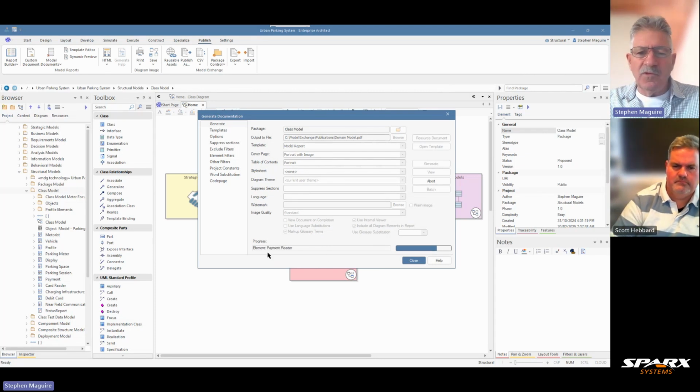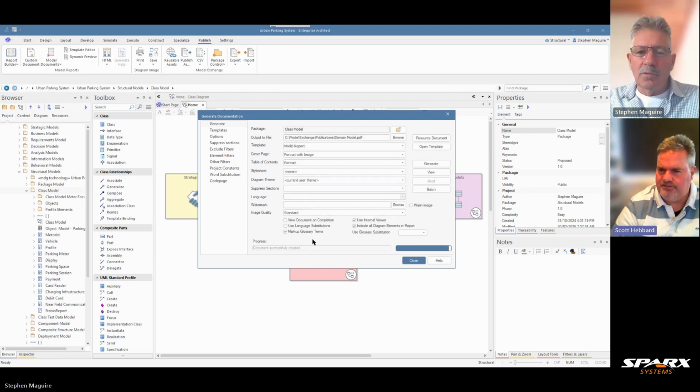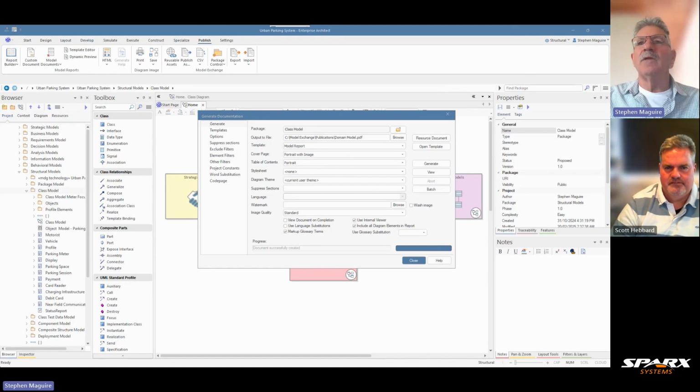The progress meters are showing you what elements it's up to as it works through. So it's doing a lot of work under the hood to generate everything out. Yeah, it's probably saving you 10 hours of work just in those few short seconds. Let's view that document. And again, it's popped up on my other monitor. So let's just drag that one across onto